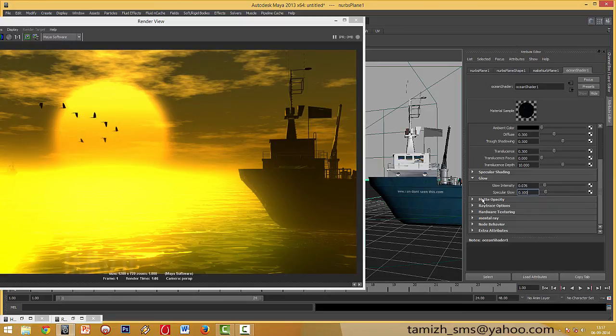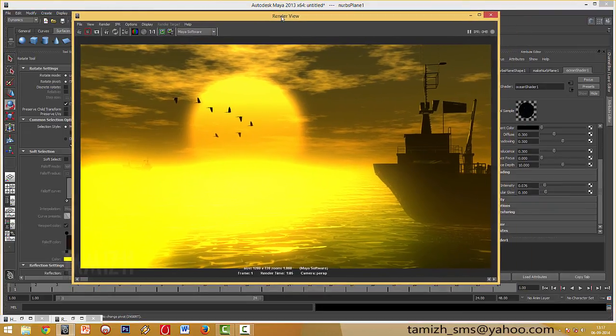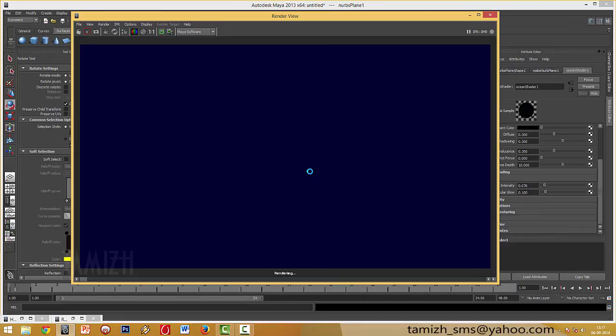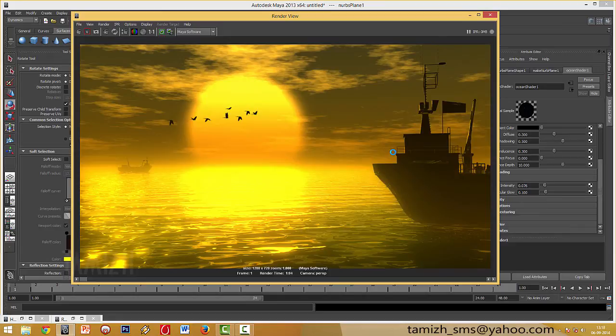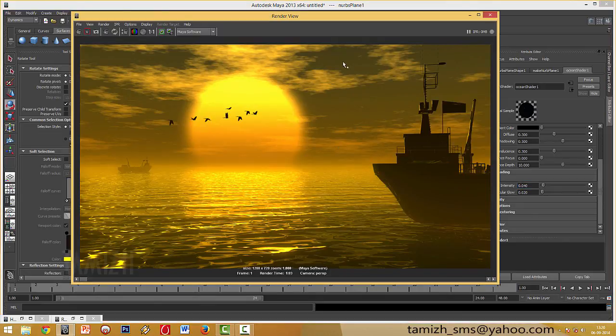This 0.1 is good. So I'm going to render this. Still it looks very bright. Have to make it a little less, 0.4. Okay,